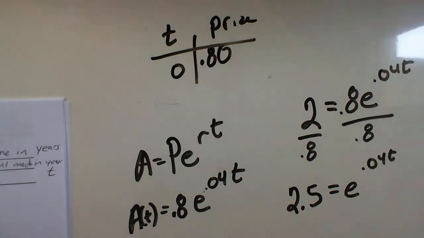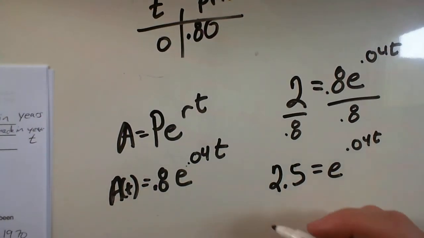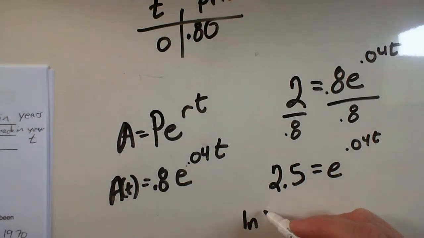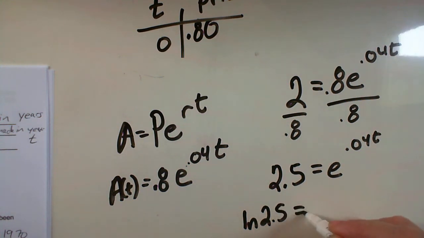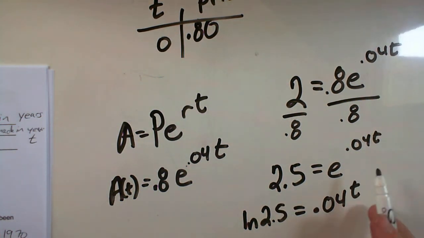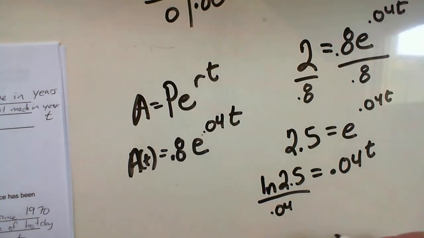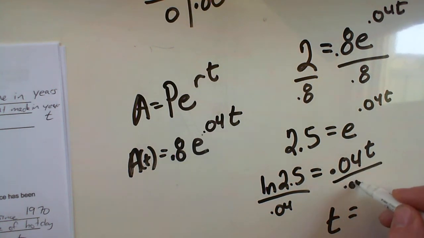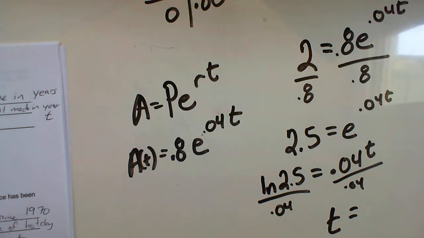I take the natural log of both sides because I'm dealing with base e. Natural log of 2.5 equals 0.04t. By using the natural log, the e and the natural log just cancel out. Divide both sides by 0.04, and we get that t equals the natural log of 2.5 divided by 0.04,